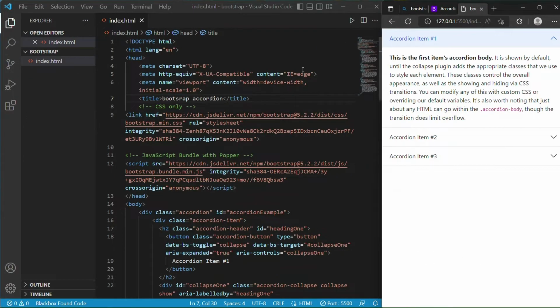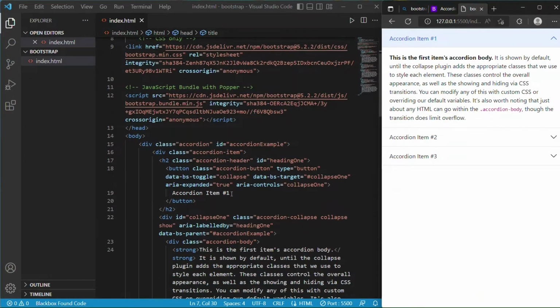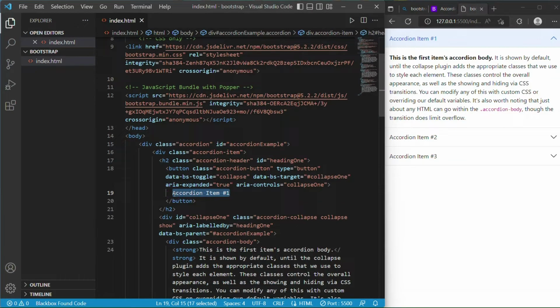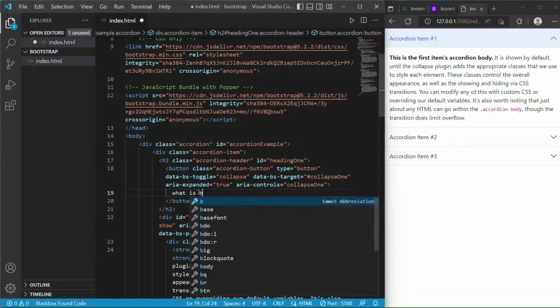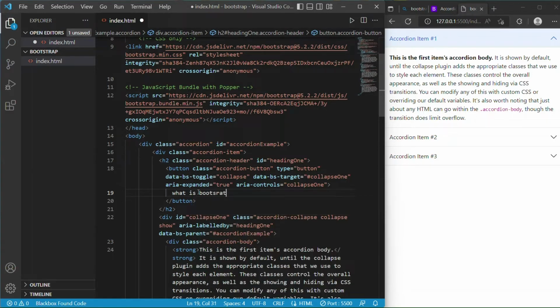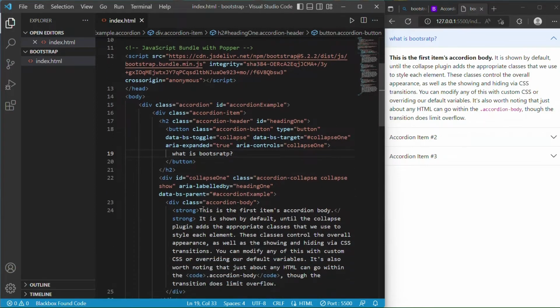Here you can write your question also. See, like that. What is Bootstrap? When I save it, here is the question. See, what is Bootstrap? Down here you can write the answer, that Bootstrap